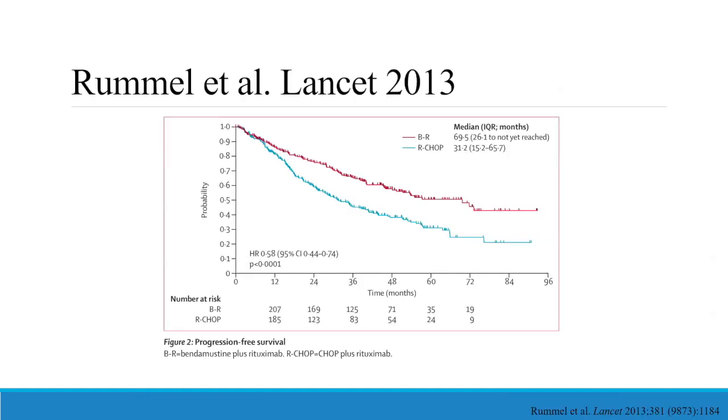And I guess the question of, well, what if we just gave them more aggressive type of chemotherapy? Will that make these patients live longer or have longer progression-free survivals? And the answer was answered in Rummel et al. back in 2013, which used indolent lymphomas who were randomized to receive BR versus R-CHOP, and found that actually patients on the more gentle type of chemo, the BR, did far better with a median progression-free survival of approximately 6 years.